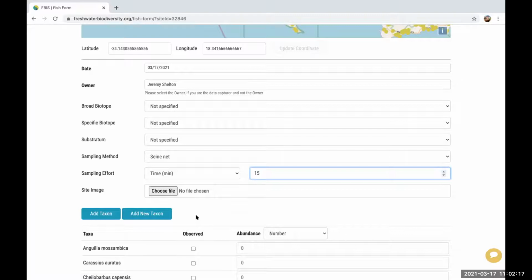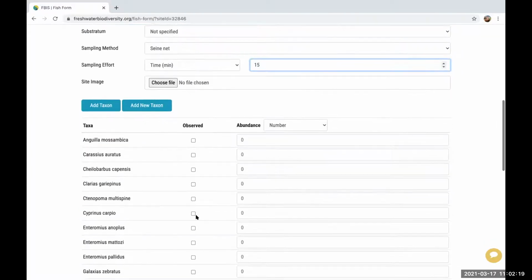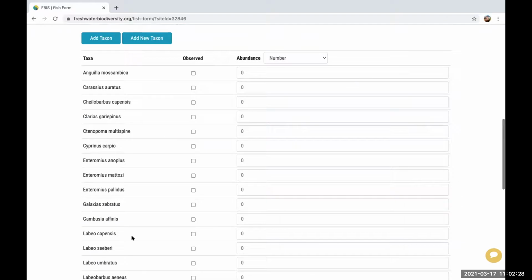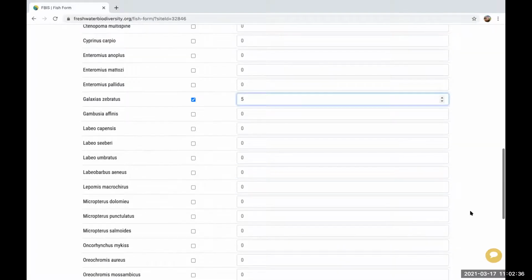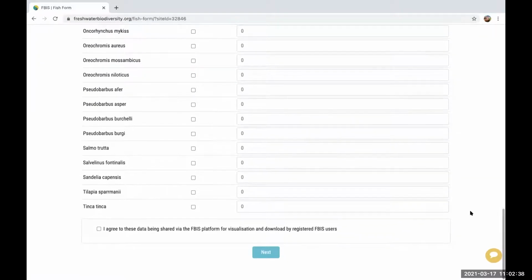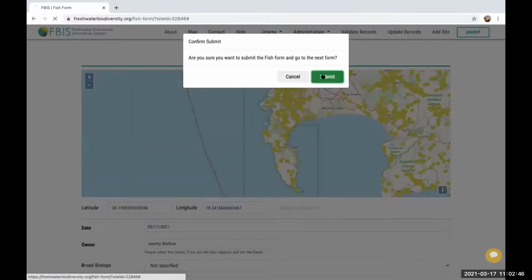Next is to tell the platform which species you sampled, and what's quite nifty here is it auto-populates a list of species that have been recorded nearby. So you can scroll down, and in my case, I can see, okay, this is the one, Galaxias zebratus, and I recorded 5 of them during my sampling, and that was the only species. The next step is to check the box that you agree to the data being shared on FBIS. You submit that record,